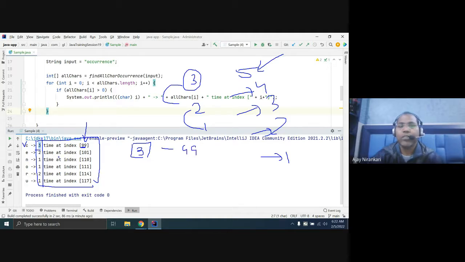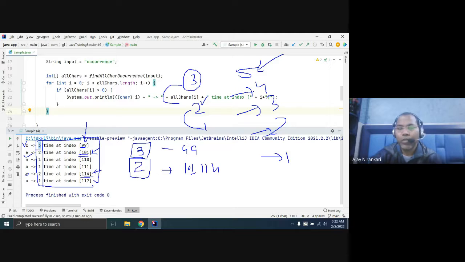99. If the next max is 2, then you notice 2 has 2 occurrences. Okay, so one is 101, and one is 114. So you have to return somehow the 101 index and the 114, right? Is it clear? At 2 we have 2 indexes, 101 and 114.